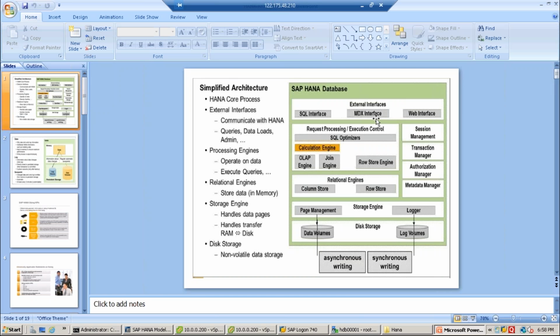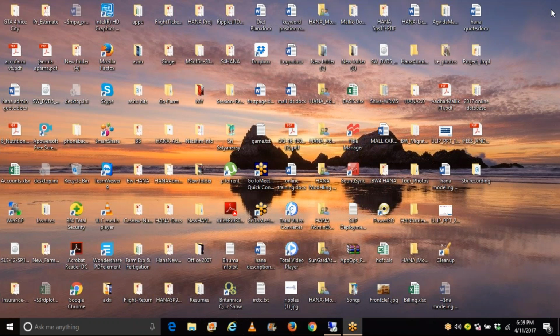Okay, in tomorrow's session, we'll look at these interfaces as well as the request processing and execution control part. What is this and how the processing takes place. Documents, you just send a